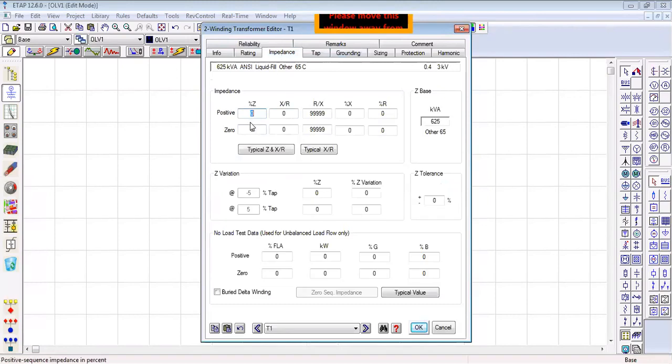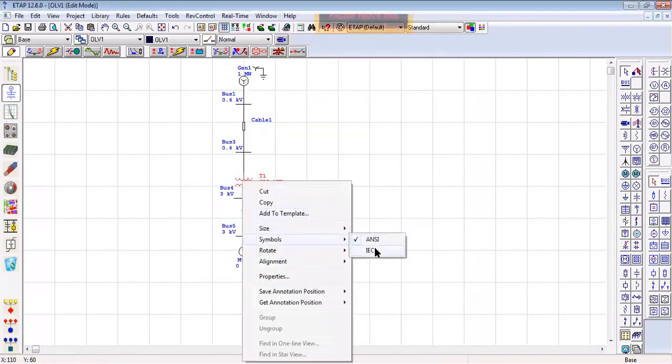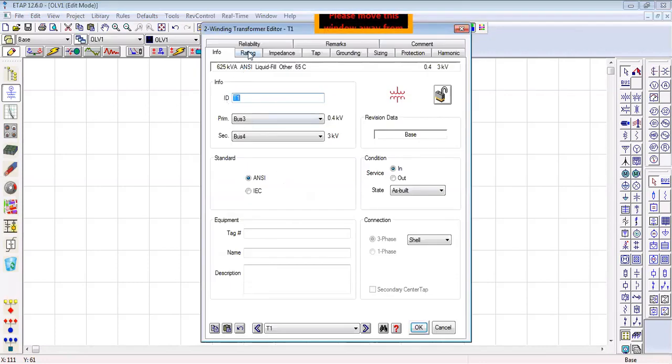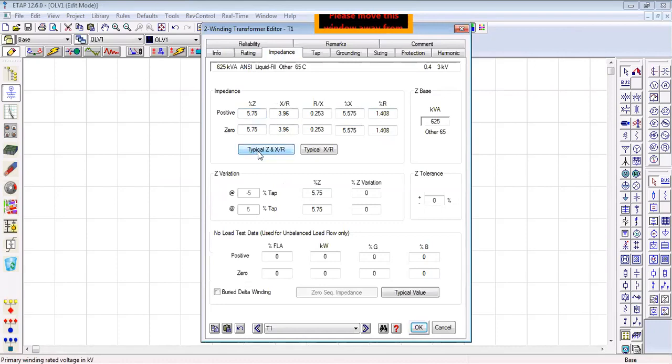Okay, and see this impedance. So there are the different symbols. Typical, whichever standard it is, that will appear on it. And one thing more, just let me press it OK and change this to the IEC. Yes, I'm going to change this to IEC because accordingly the typical values appear, this reactance ratio appears upon it.